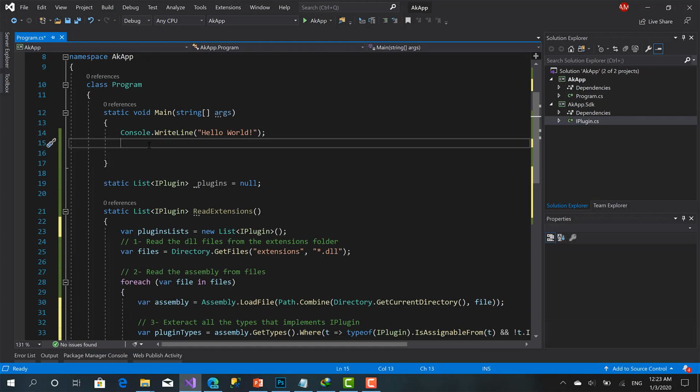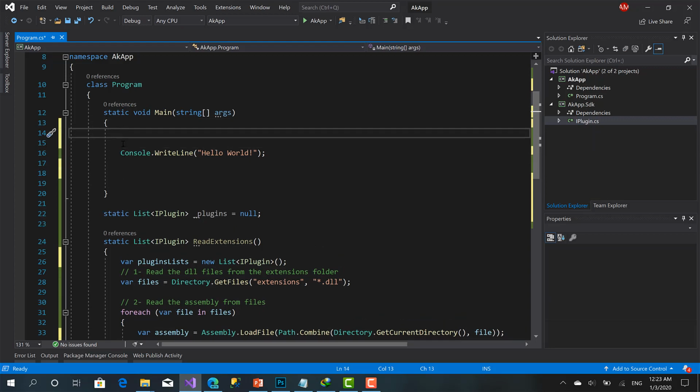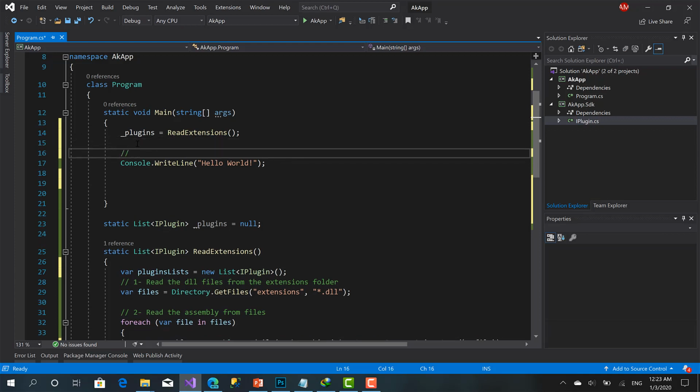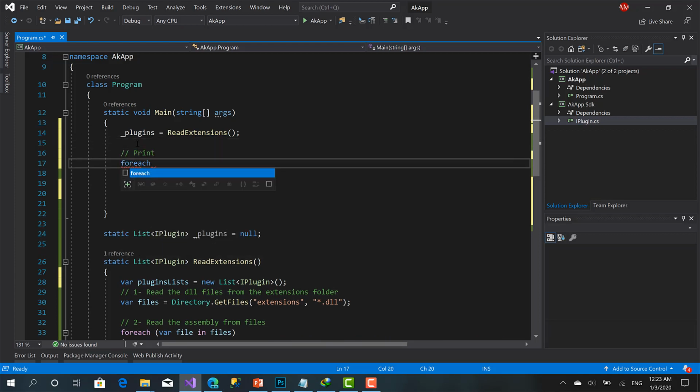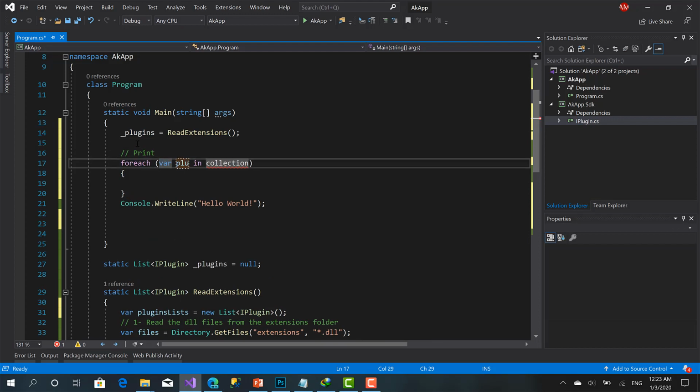Now, after the application runs, let's say plugins, this list, equals ReadExtensions. Inside this list now I have a set of objects that have been created by other developers, inside one list. So simply let me first print them. For each plugin or extension in plugins,